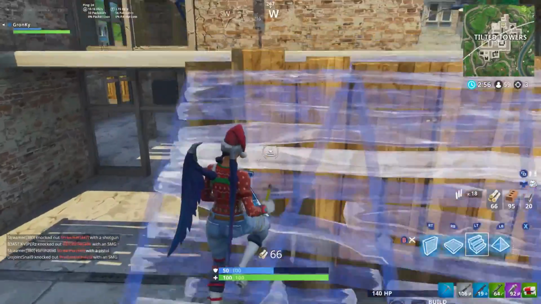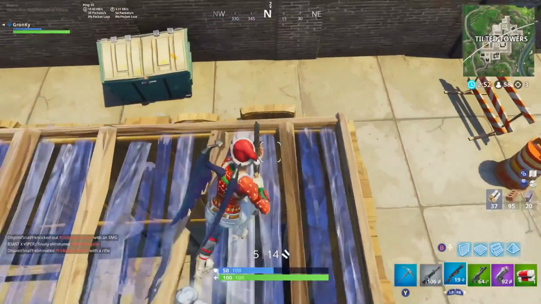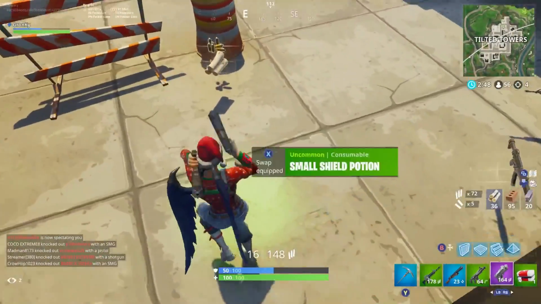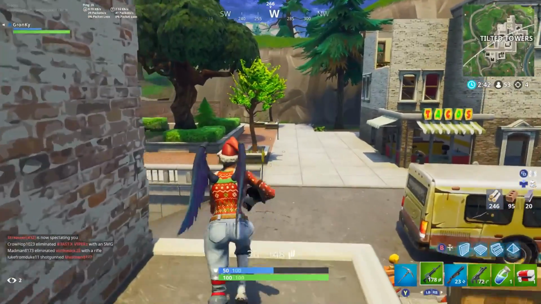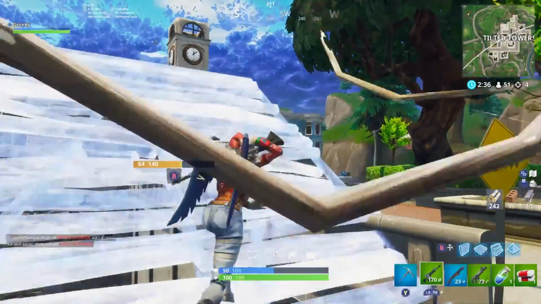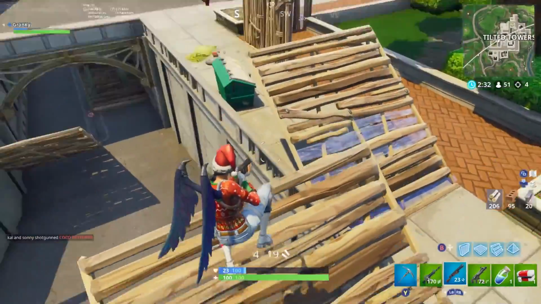Maybe it's due to the fact that the new points of interest in Season 5 are starting to lose their luster, and people are just going back to the most populated places on the map, like Tilted, Greasy, Pleasant Park, all of those areas. It's just leading to people dying at a much faster rate in the beginning of games than I have ever seen. This means that it is now more important than ever for you to walk out of your starting town